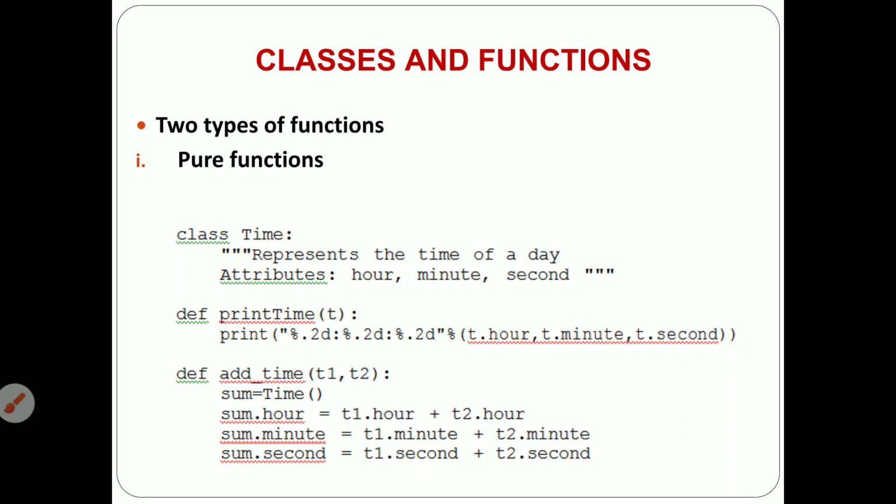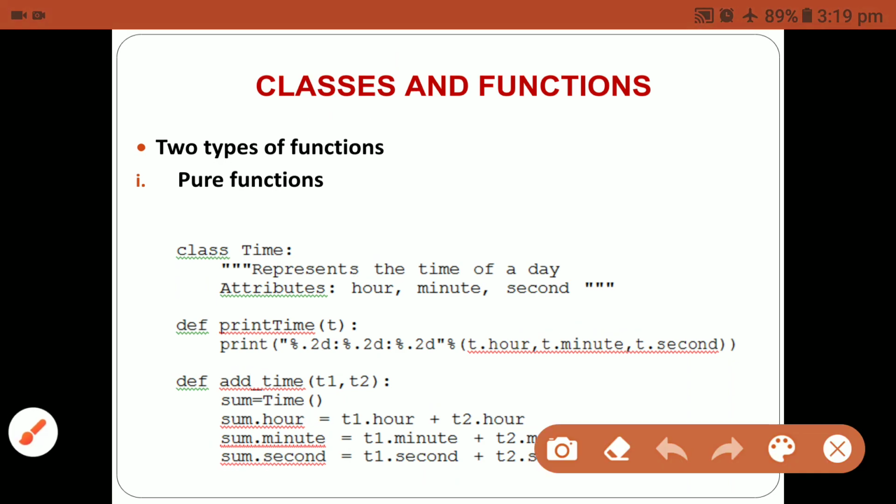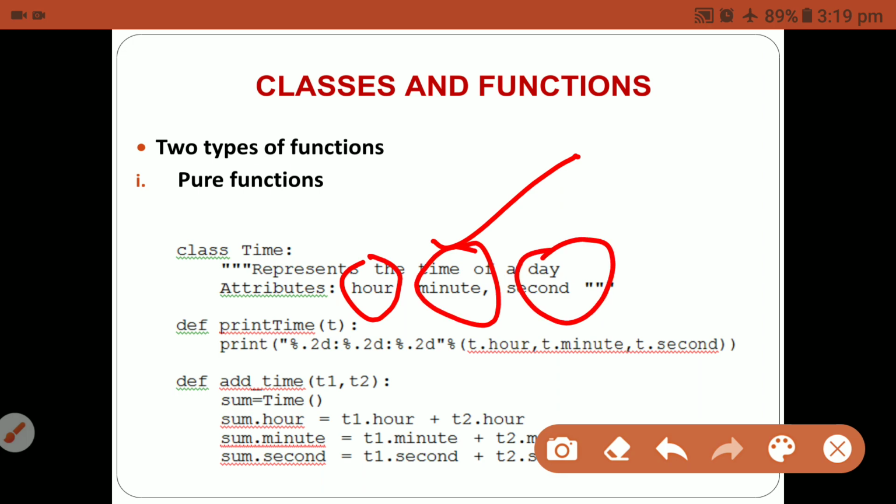And next one is the pure function. Here in this pure function, you can see this example. First I'm creating a class. The class is Time. Later I'm using the object of the class. Here the object of the class has hours, minutes, and seconds.